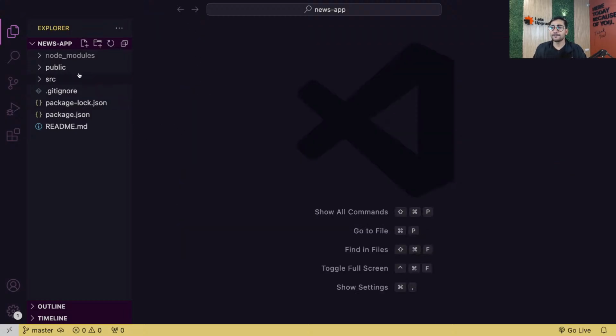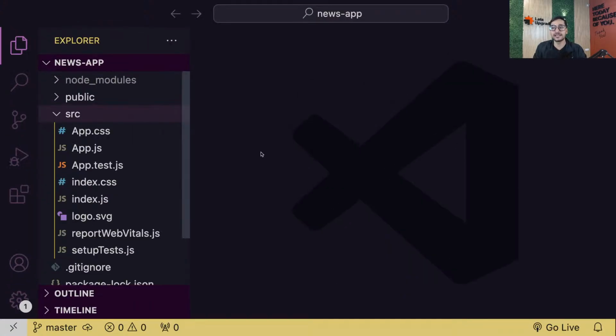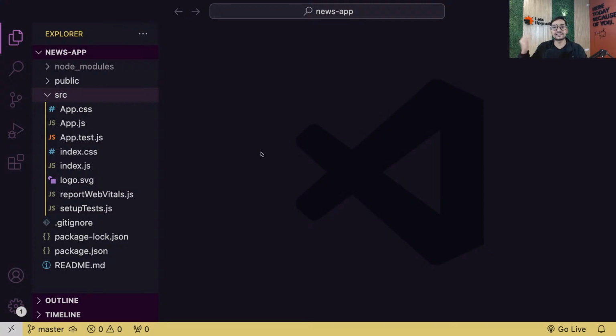Let's quickly go and let's remove all the things that we don't need. Like for example, we don't need this testing file. Now guys, again, you can keep it. The reason I deleted it on the first day is because I don't want you guys to get confused between all these files. I wanted to show you how simple the SRC folder actually is. If you know testing and all that stuff, then these files are important for you. If you're not doing testing, then these files are not important for you as of now. I think now I can keep it, right everyone? Now I think you don't worry about that.